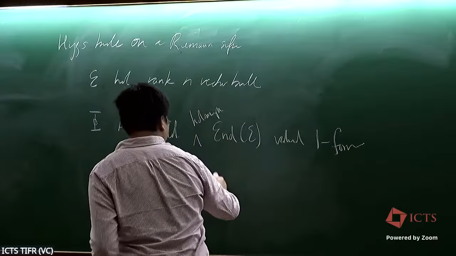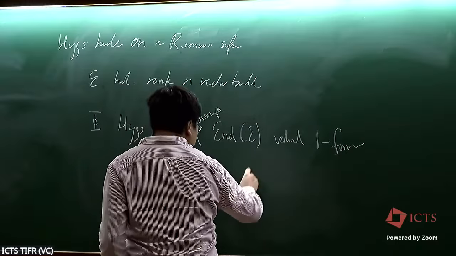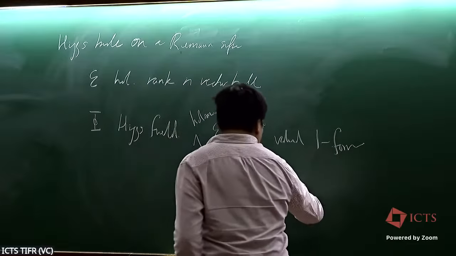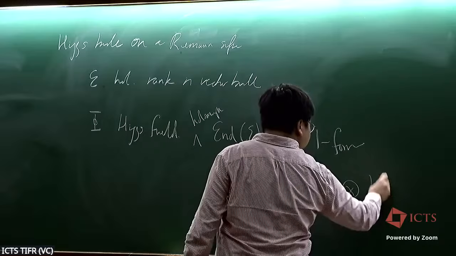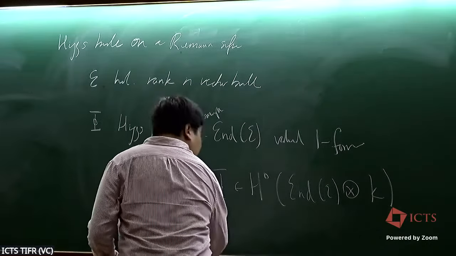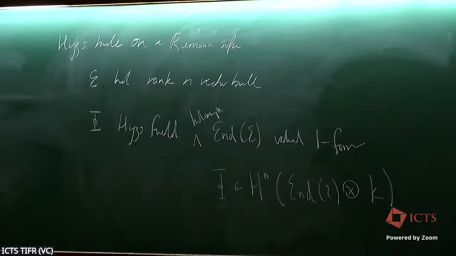So a fancy way to write this is that it's a holomorphic section of the bundle End E tensor K. Okay, so kind of the corresponding Higgs bundles that we have here, which unfortunately I don't have too much time to explain how we derive this, but what we get here is the following. So for SL3R,